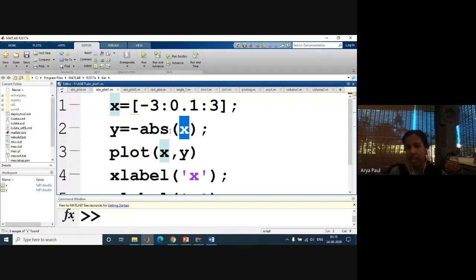Suppose x is equal to -3. ABS of -3 will be 3. Then y will be minus of ABS of x, that will be y equal to minus of 3, isn't it? So you will get the result as -3. That will be a negative value. Suppose x is a positive value, x equal to 3. What will be your answer? ABS of 3 will be 3. Minus of ABS of x will be -3. Again, you will be getting a minus value. For all the values, you will be getting minus values only. So that is just the mirror image of ABS of x, which is minus ABS of x, isn't it? So we will plot like that.